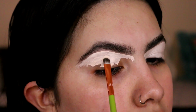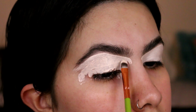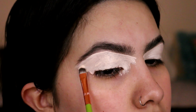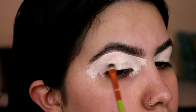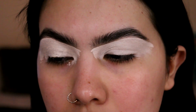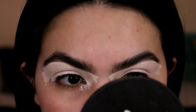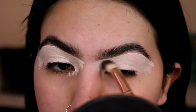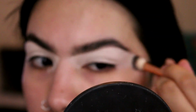So I'm just gonna go ahead and distribute the product. I feel like I put a little bit more on this eye. I've been liking blending out the concealer on the outer edges, just because sometimes I feel like if I leave it there, it looks kind of weird once I go in with foundation. So I'm just gonna go ahead and use my little buffer brush to make sure that the edges are really blended out,